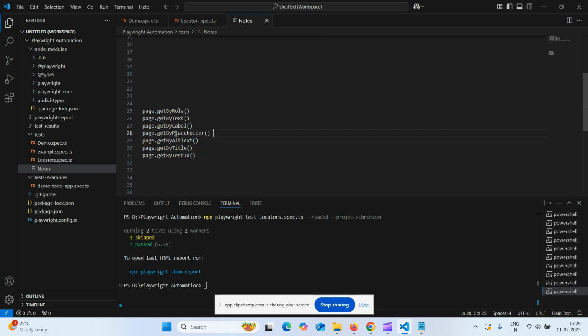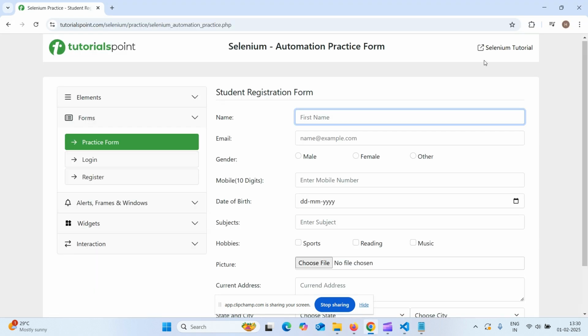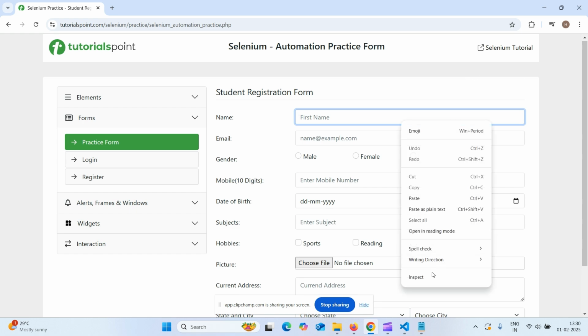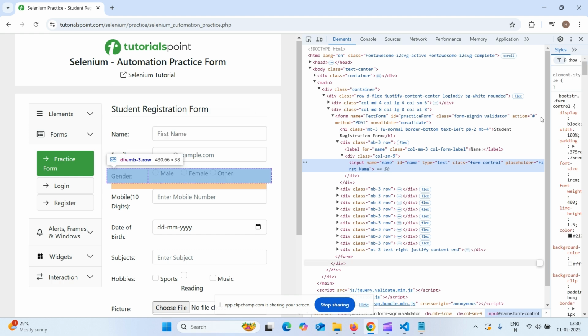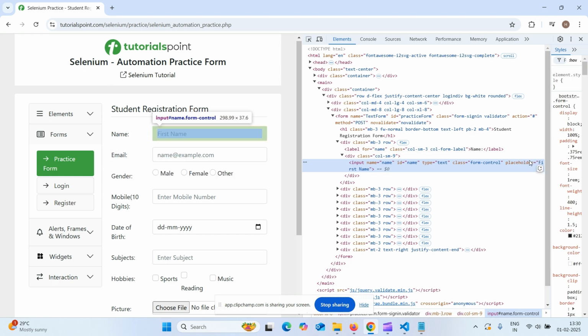Next is page dot get by placeholder locator. We use this locator only to locate the input fields by their placeholder text. Usually in input fields we see the attribute that is placeholder. Only in that case we can use this locator. Let me go to the same website and inspect. As we can see, we have placeholder attribute. So in that case, we can take this locator, that is get by placeholder, and we can identify this by